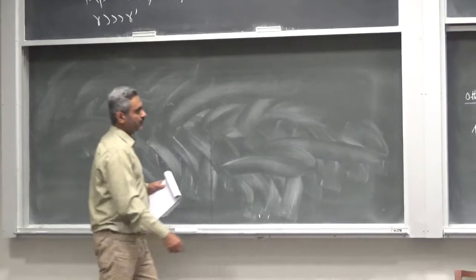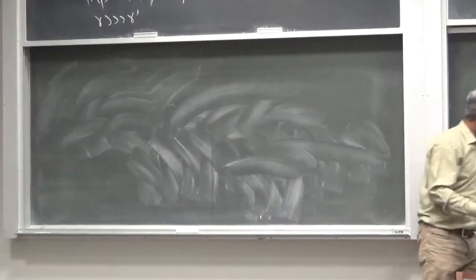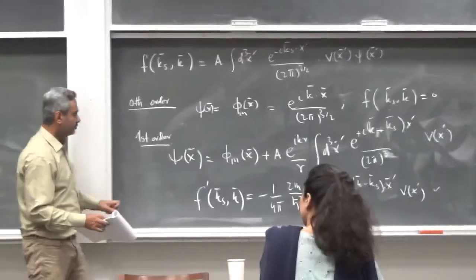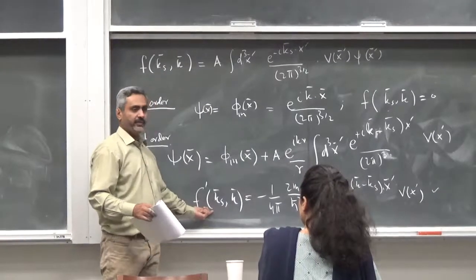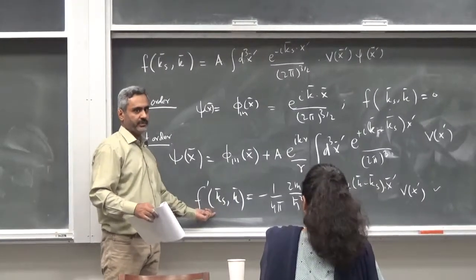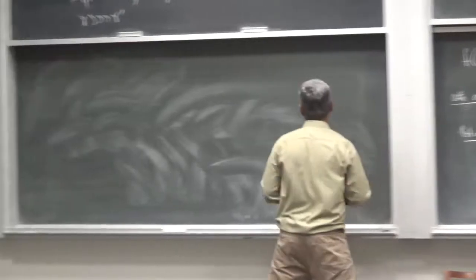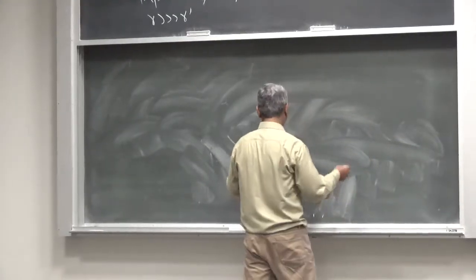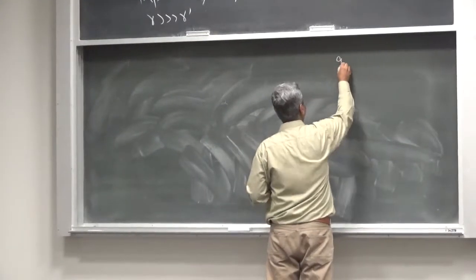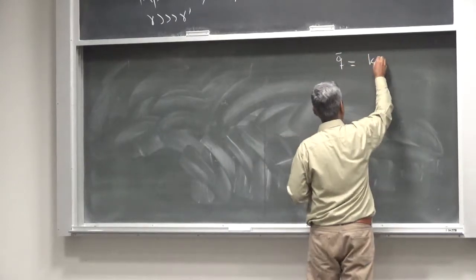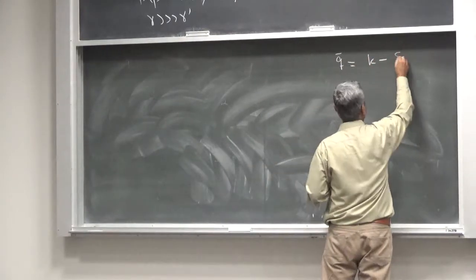Okay, so now what we're doing is trying to put this in a simpler form, and I'm going to show you that this can be real. This can always be real. So let's define Q, which is K minus Ks,